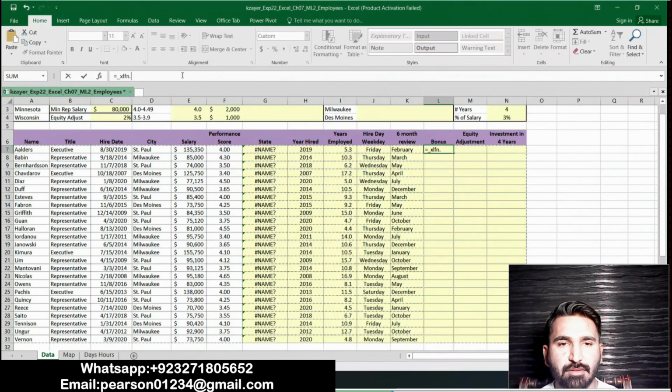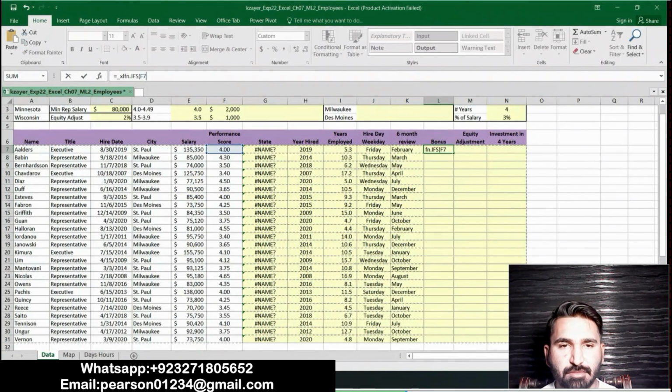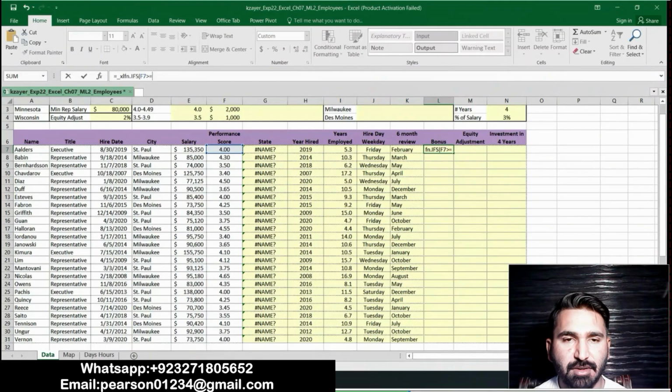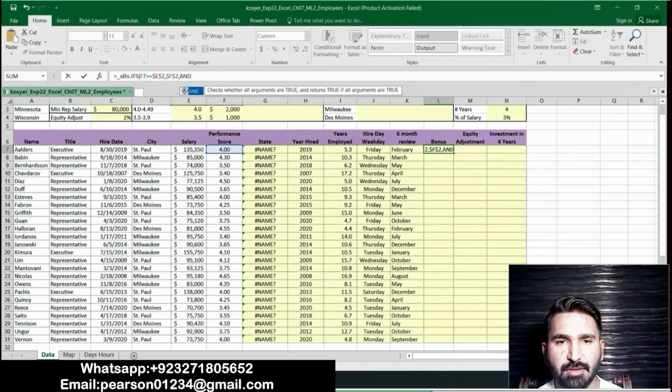Then enter a formula. F7 greater than or equal to E2, F2, and